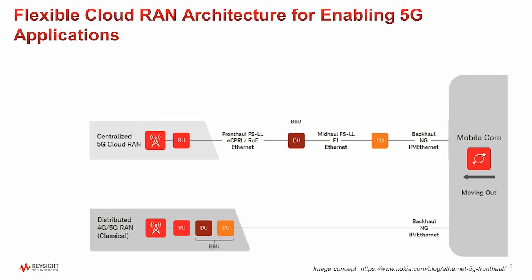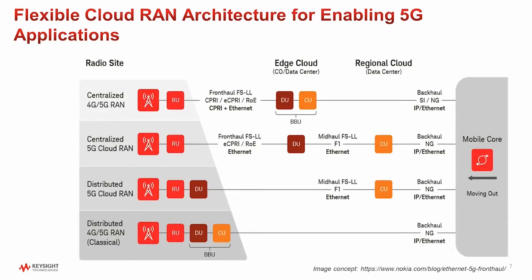The transport network between the RU and DU is known as the fronthaul, between DU and CU as the midhaul, and between CU and the gateway as the backhaul. In the network design, the DU's server and the relevant software could be hosted on the site itself, or it can be hosted in an edge cloud, like a data center or a central office somewhere, depending on the transport availability and the fronthaul interface.